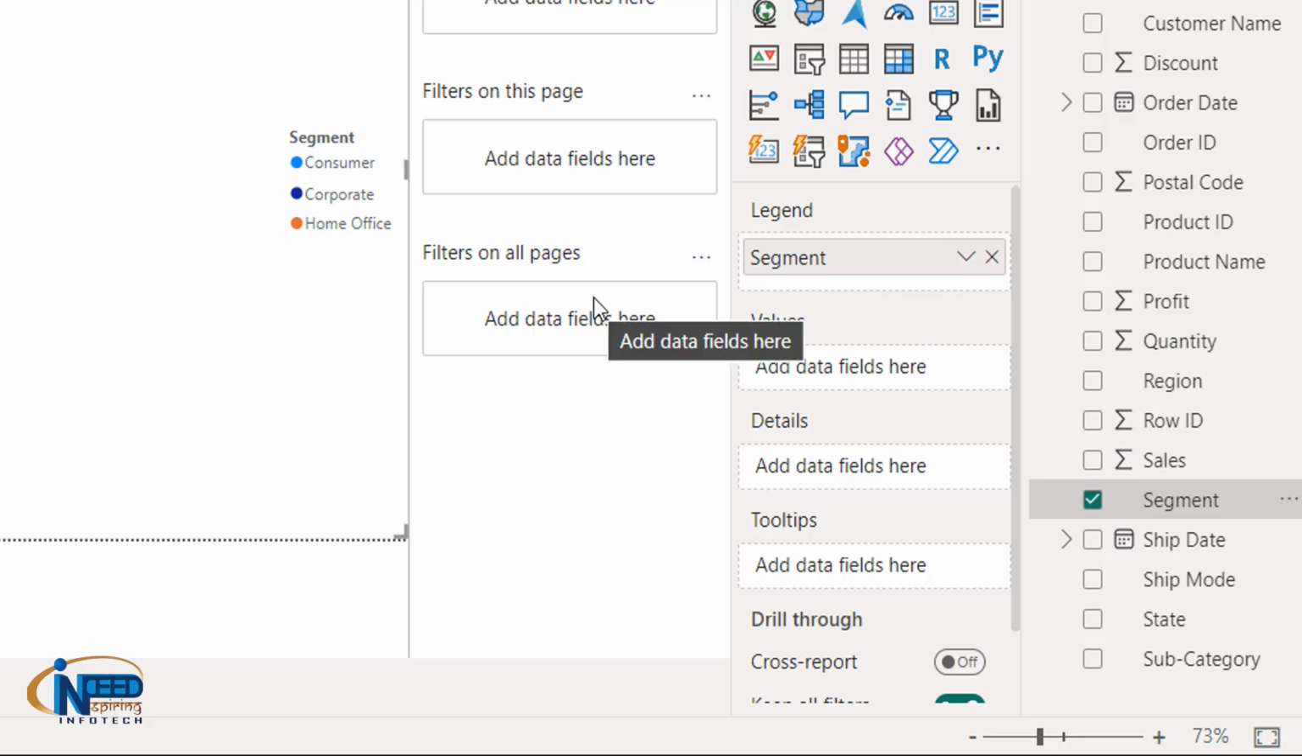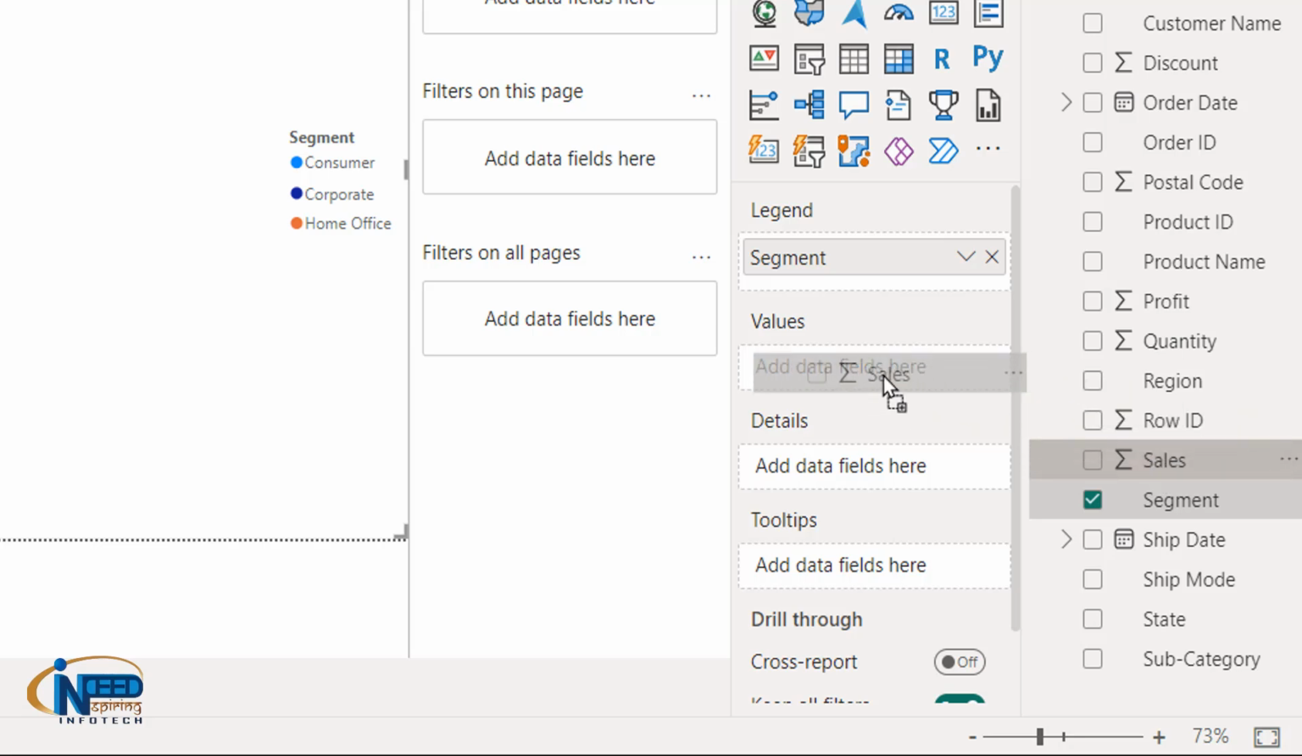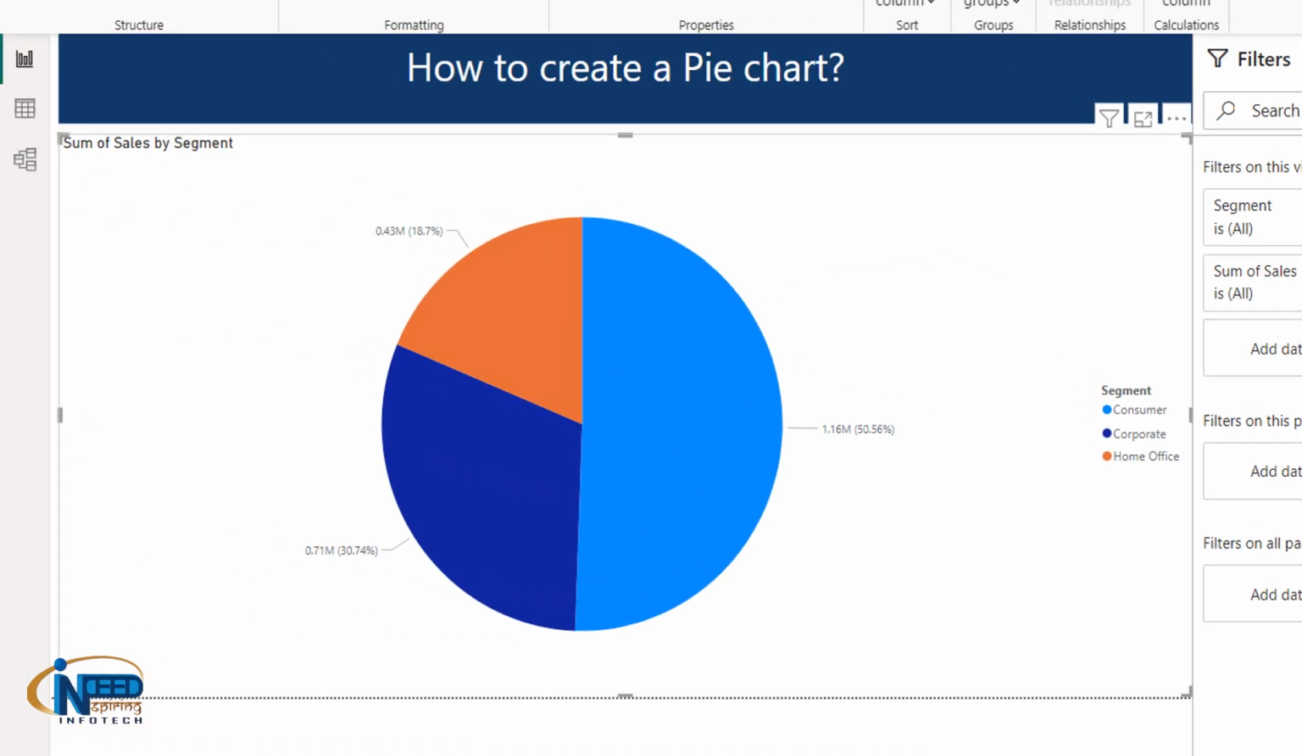So I want to see here which segment the total sales is coming from. So let's drag the sales into the values, and I can easily see here that consumer is the segment which is contributing the highest, that is, we can say more than 50%, 50.56%. And we can observe here there is another, corporate, which is contributing 30% of sales, and the home office,